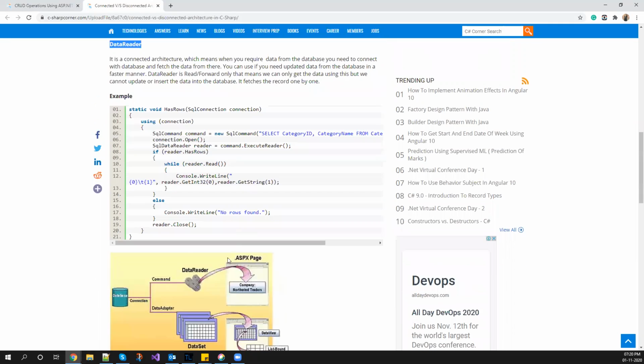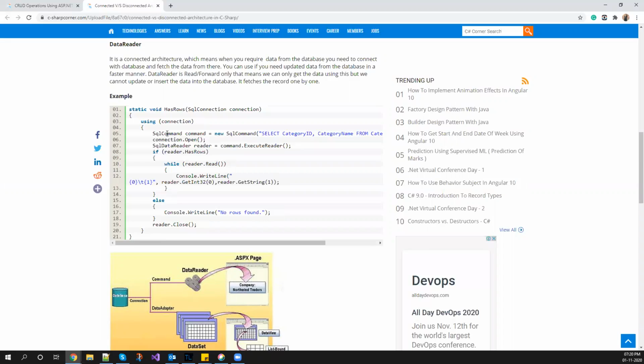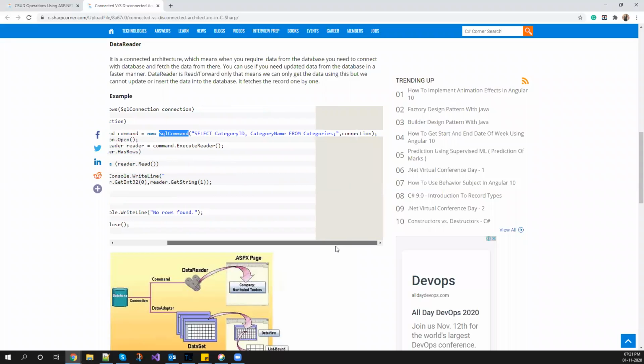So just see this portion of code. This is the connection. We have used SqlConnection, which is a class, and its object, connection. In the connection object, you can use the command, which is basically opening the connection. And this is SqlCommand, which defines your command, your query, and everything. In SqlCommand, you can write the query you want, let's say select and everything.